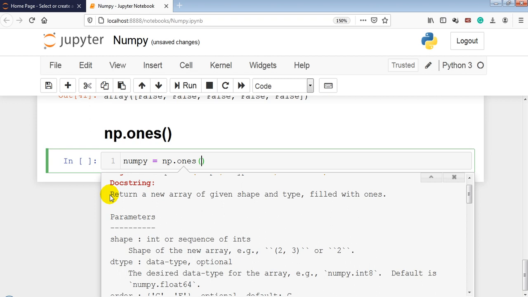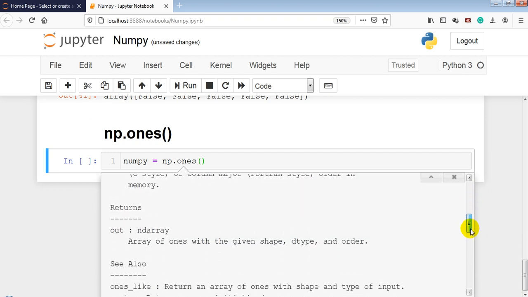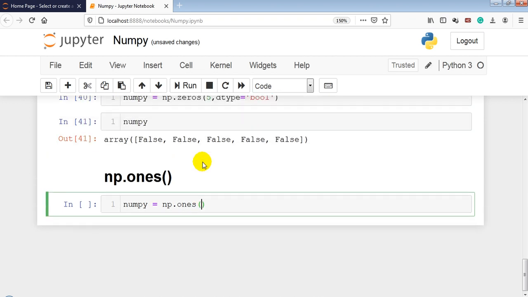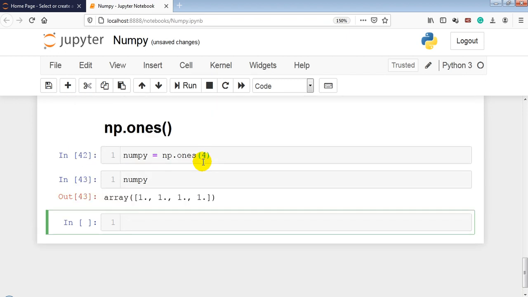It returns a new array of given shape and type, all filled with ones. These are the different parameters. The output will be an array of ones with the given shape, data type and order. Let me execute it with 4. Now you can see here it is 4.